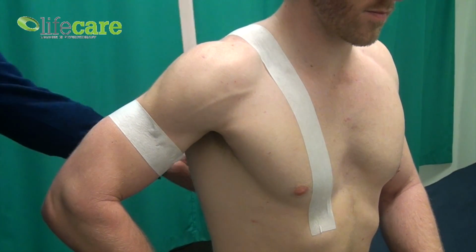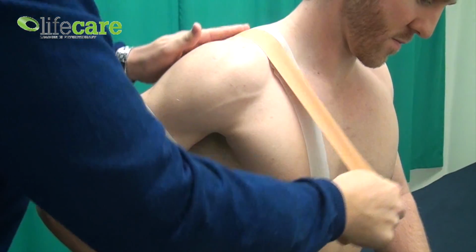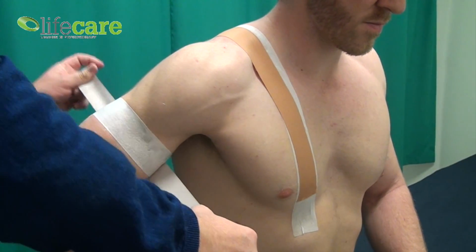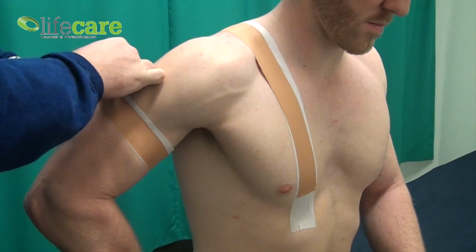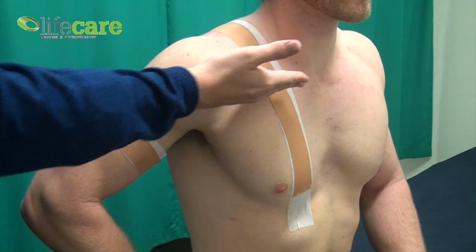To begin with, all we're going to do is have an anchor. It comes straight across the top, doesn't need to be too tight, and just laid down kind of firmly. And then the same thing around the bicep, just getting Michael to squeeze his bicep on at the same time. Beautifully done. From here, because we're worried about it popping out anteriorly, we want the pressure to come across the